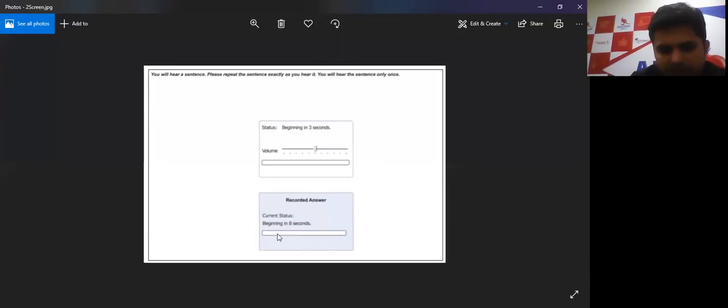So if you just look here, it is showing that beginning in 3 seconds, and here it is showing beginning in 8 seconds, which means that the sentence that you have to listen to is going to begin in 3 seconds, and the time when you have to start speaking is 8 seconds. So it is 5 seconds, it would be a 5-second long sentence that you are about to listen for